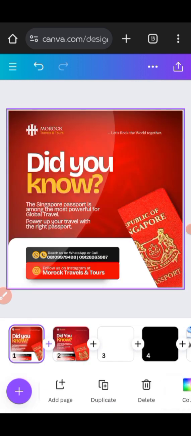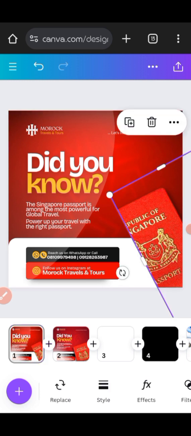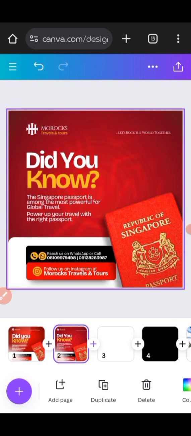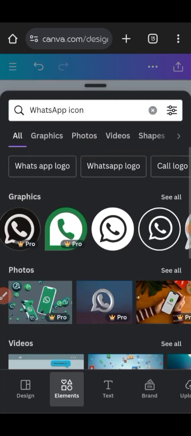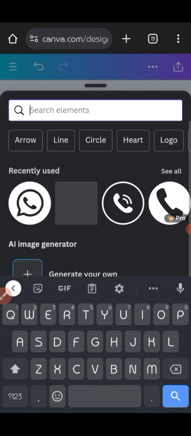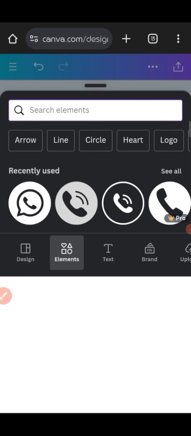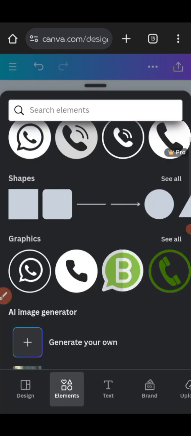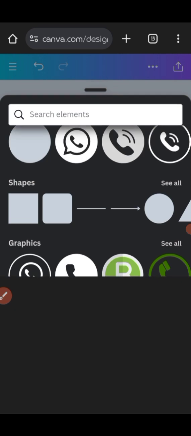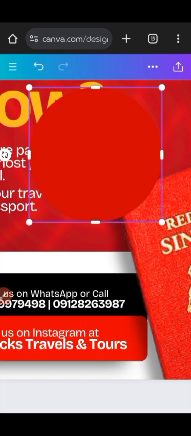You see? And then finally, you see this line, I believe you know. Yeah, that line, how do you get it? It's very easy. Right? I'm feeling like I should not even add it again because it's feeling a bit amateur, but then we've started already. Let me just do that. So very easy, you just bring in a shape, a circle, for example. Bring in a circle, right? And then you want to zoom out,